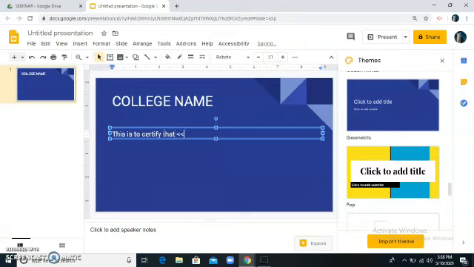that. Then here the name has to be automatically fetched from the form. So I'm going to insert a tag here. The method to insert a tag is you type the lesser than symbol followed by the title that you have given in the form. In the form, I have given the title as name. So type the same title that you have given in the form. Close this tag with the help of the greater than symbol. Then type the other message like, this is to certify that so and so has participated in this seminar.